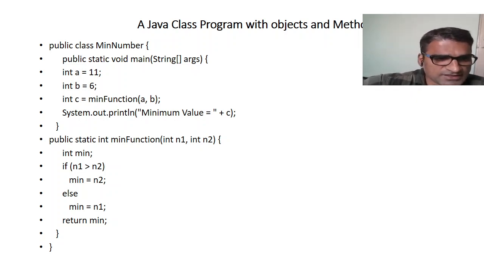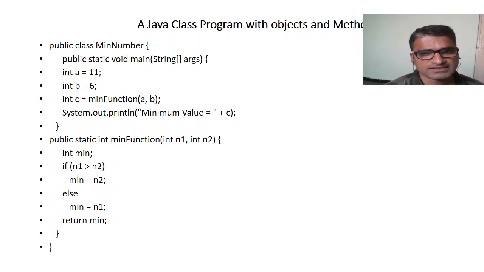Okay, so after that I am going to define a min as an object of int data type. Immediately after defining the min object of int data type, my next task is to compare two objects n1 and n2, which are defined as the parameters of the min function. For that comparison, for that condition, I am going to use a simple if-else statement. An if-else statement is a conditional statement which will return either true or false.